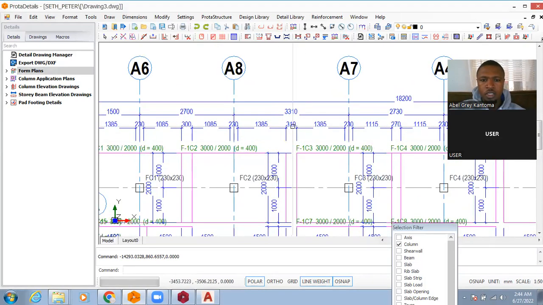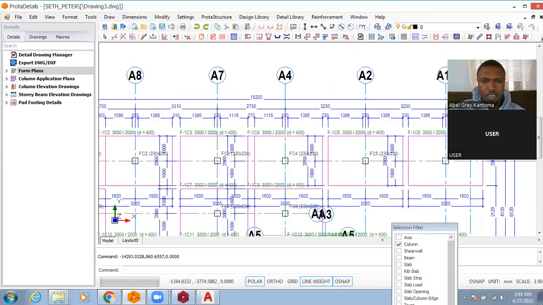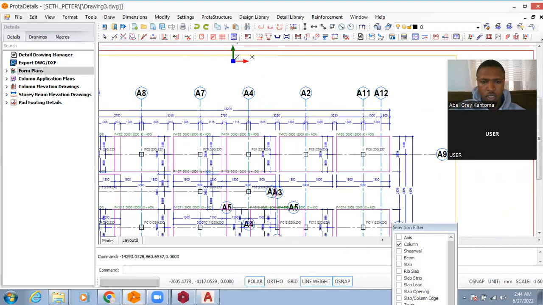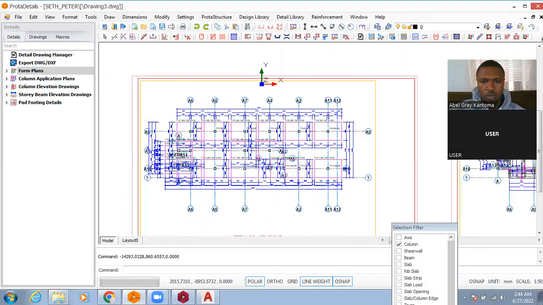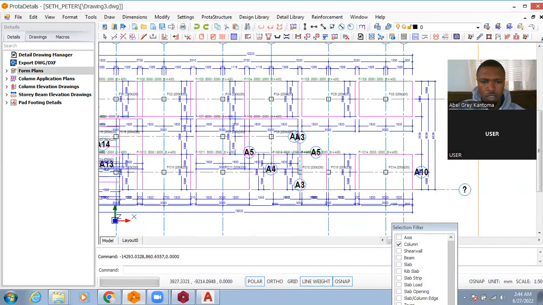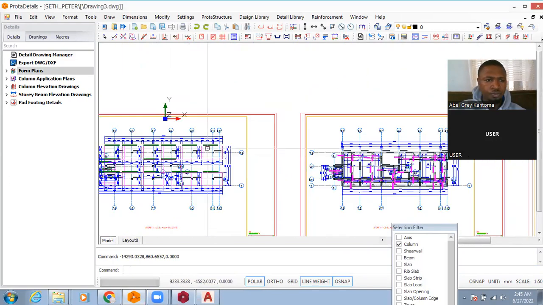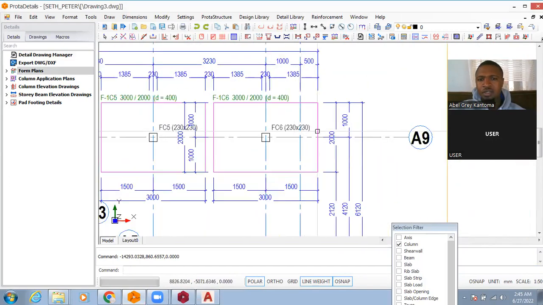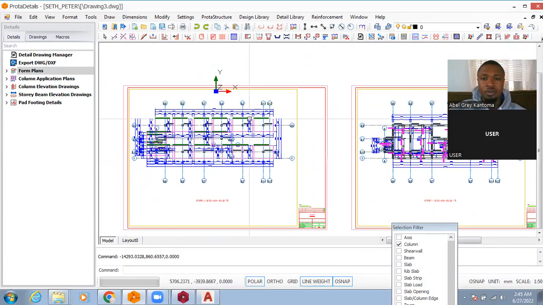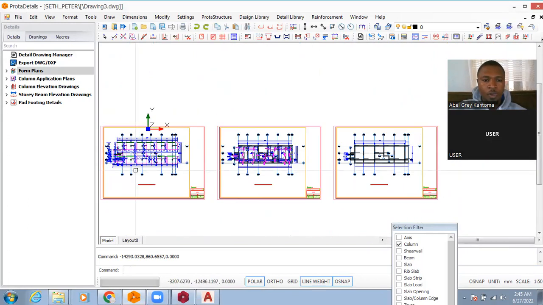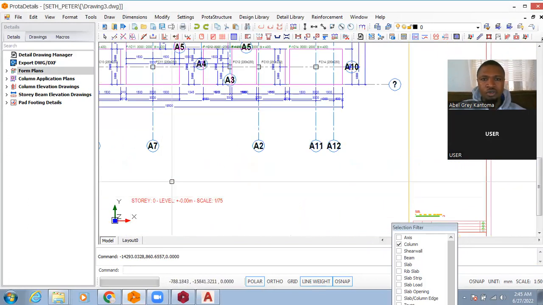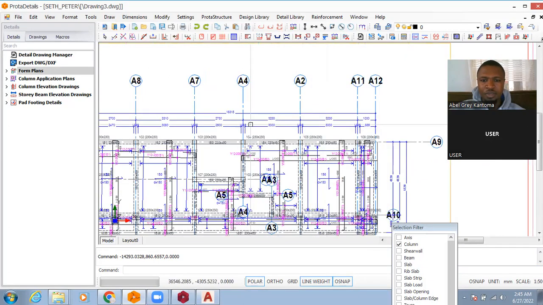Good. Now you can see the parts are actually showing. I think it's not the latest one I did that is showing right now. That has to do with the settings anyway. So what you see now here is the foundation layout. I have just 1 minute. Then we have the slab detail. Then